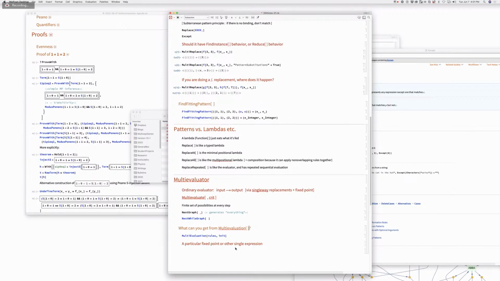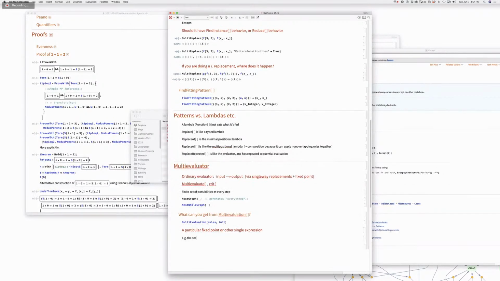Yeah. E.g., the smallest number, or e.g., true. Okay, so now, if there's a criterion, so this would be something like,